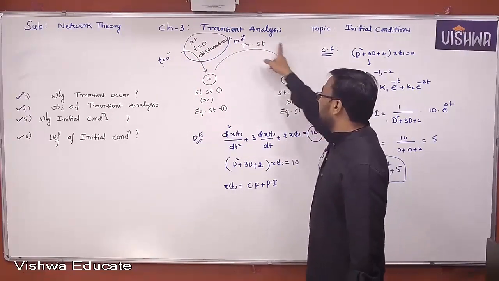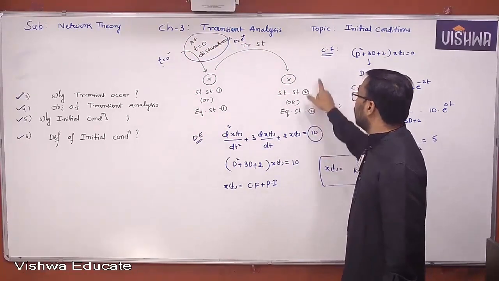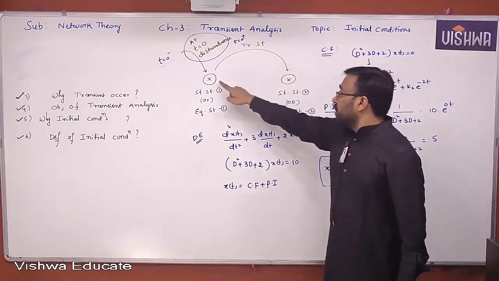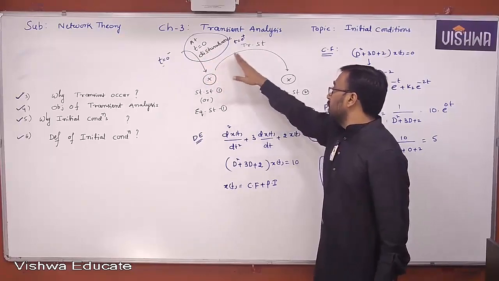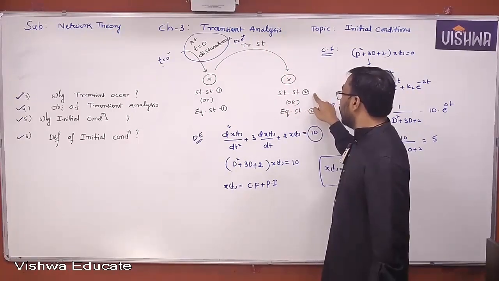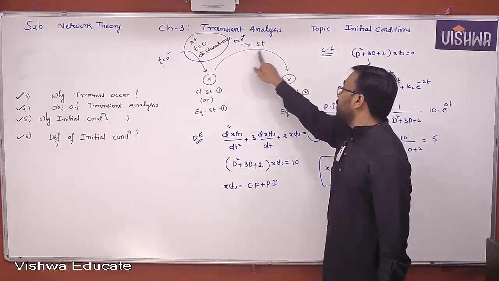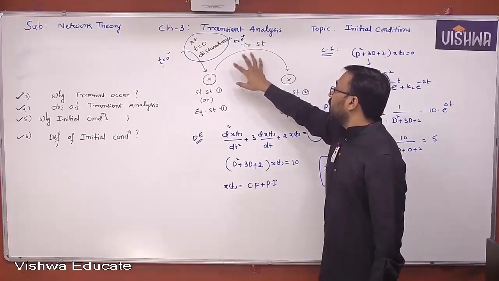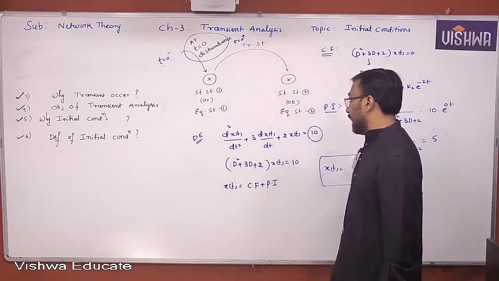Next, why initial conditions? So before that, you please note down this particular diagram clearly. Only up to this part you note down. Don't write the remaining part, I will give you time again. Equilibrium state 1. Disturbance is taking place at t equal to 0. Moving to transient state and finally it is settling down at another equilibrium state. Before it reaches the next equilibrium state, the system is said to be in transient state. Now we would like to understand how the system behavior is changing with respect to time.